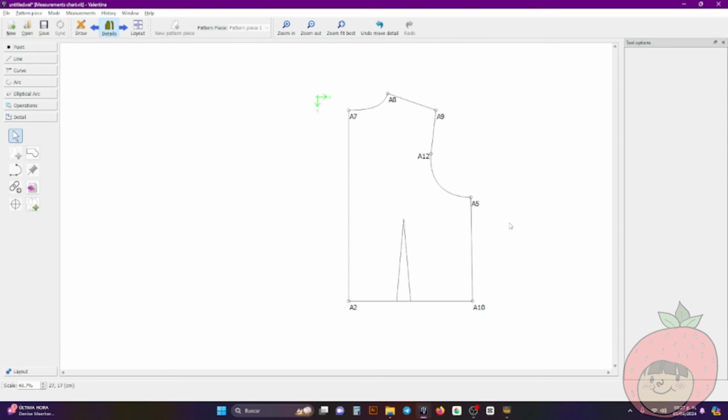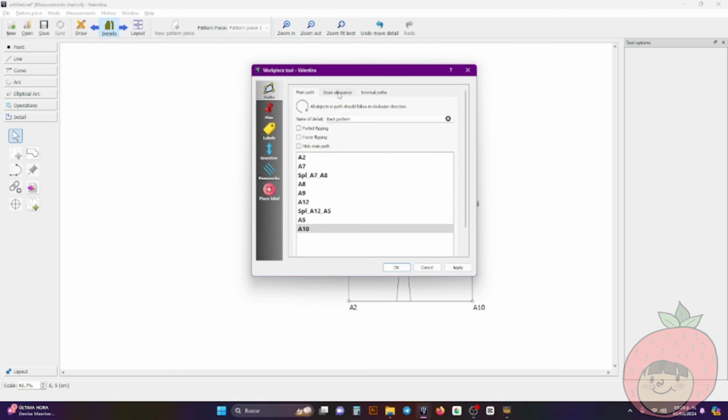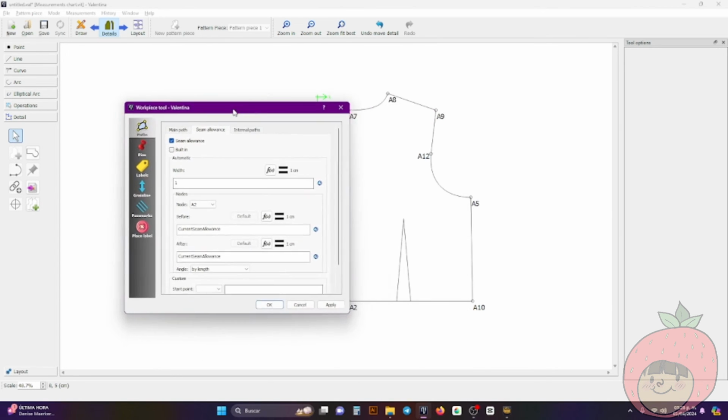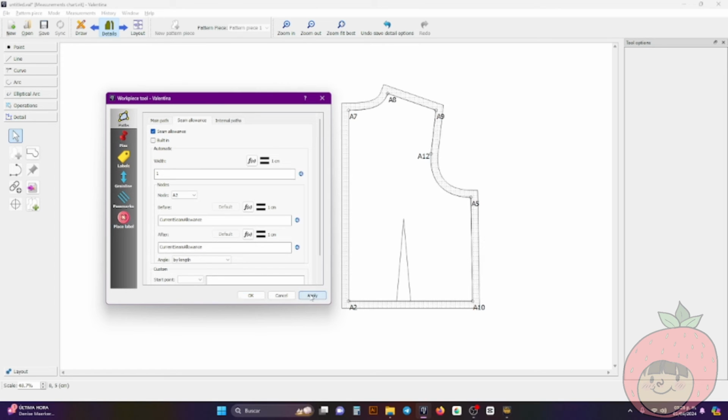There you have it. But let's say I have here these ones ready, but I needed to have my seam allowance. How do I do it? Right click, go to the options, seam allowance, allow the seam allowance. Here we have the width of this one here, and when you click apply, it's all around this place, and you ask yourself, oh my god, but